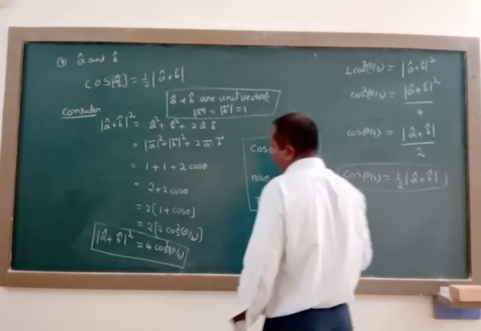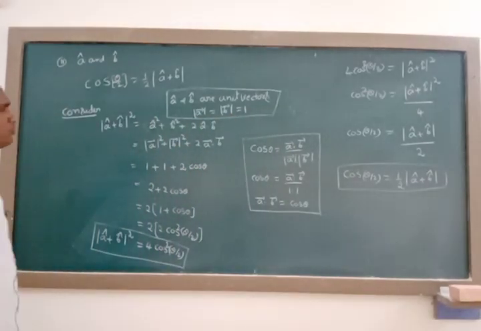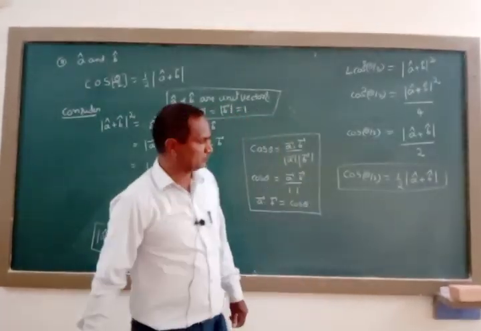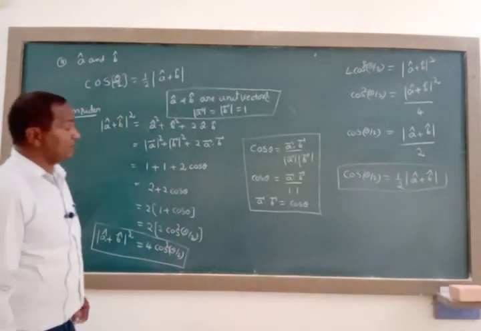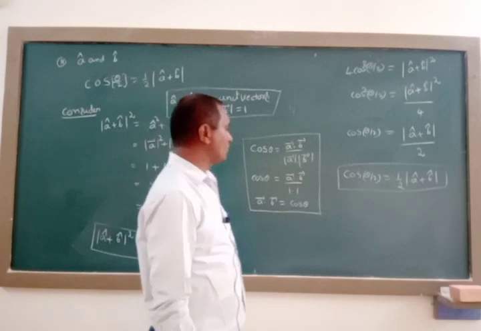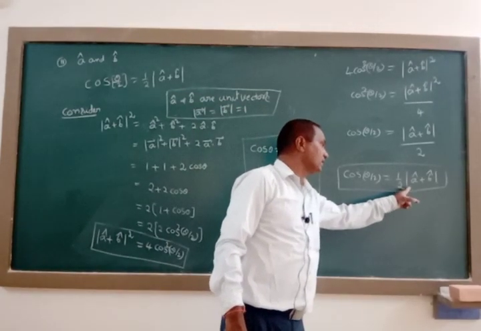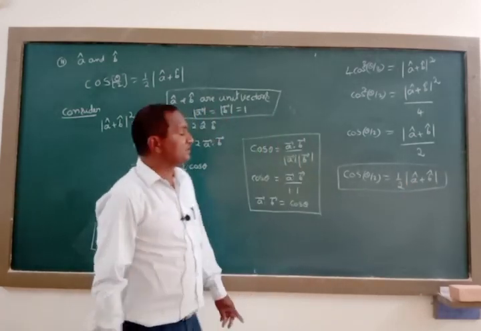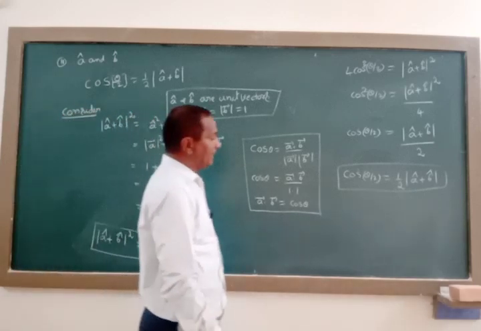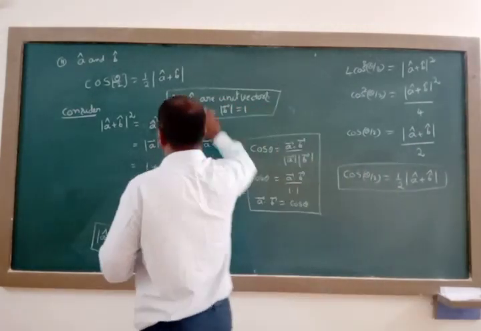Why I am telling about all these is because these are all standard problems. At the same time, there is a chance they will ask such questions in competitive level examinations also. So how they will ask means, I'll tell you a cap and b cap are the unit vectors. Then the value of cos theta by 2, among all the options, in any one of the options they will give this value. That's what cos theta by 2 value we can write here, half of modulus of a cap plus b cap.